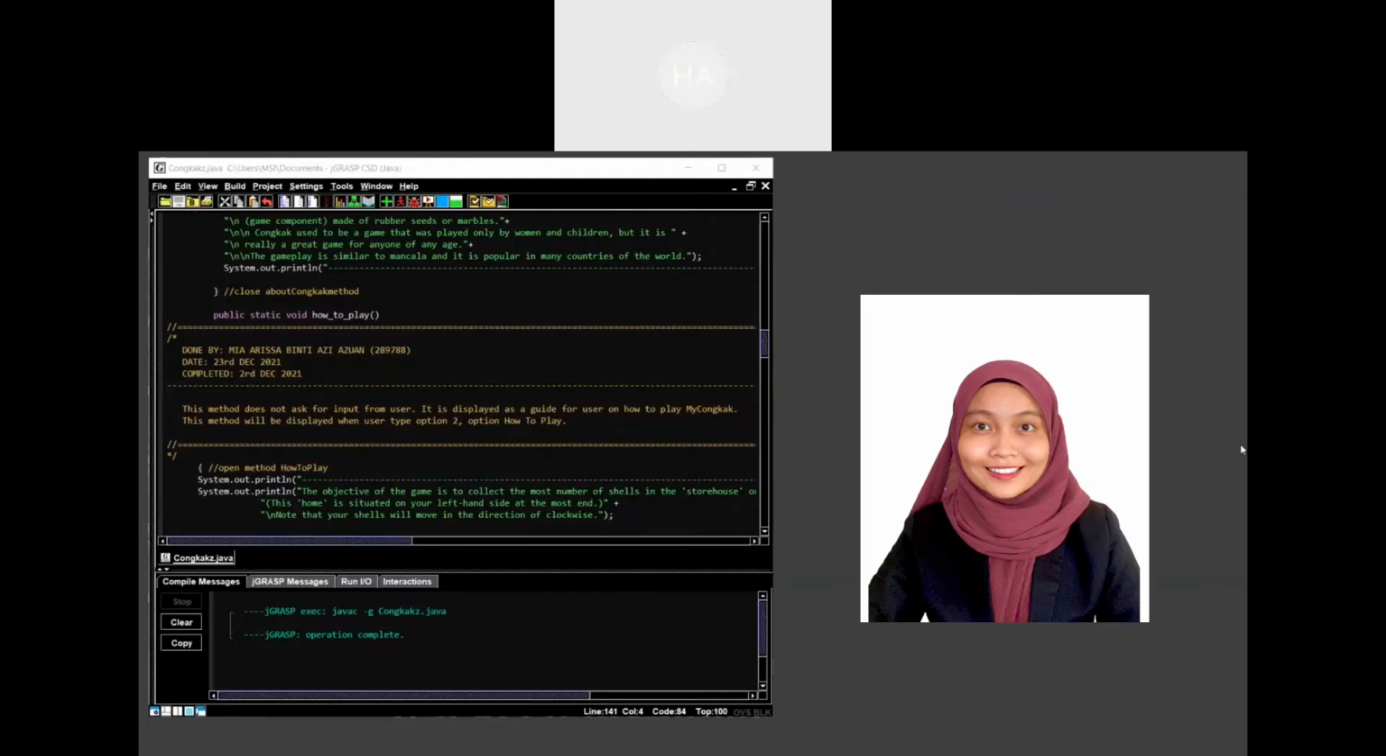If the users choose Y as in yes, then the menu will be displayed again. If the users choose N as in no, then the program will be stopped. Besides that,